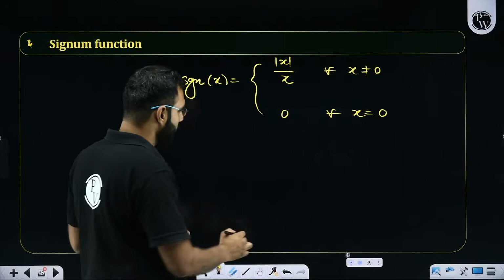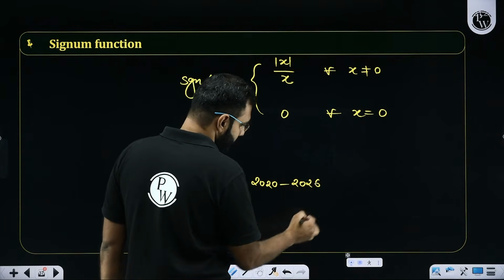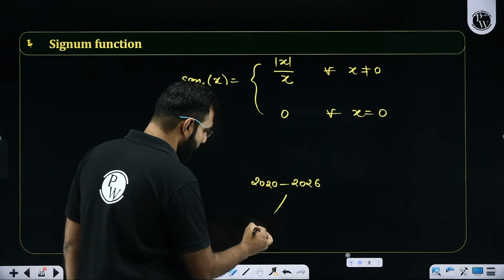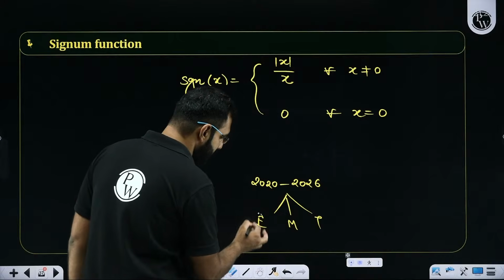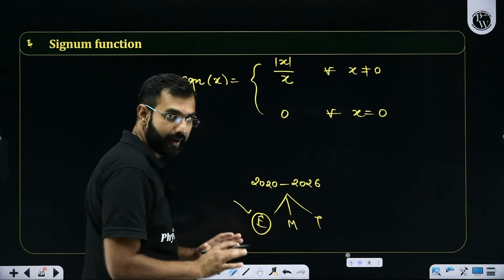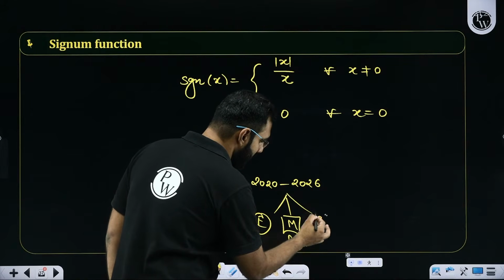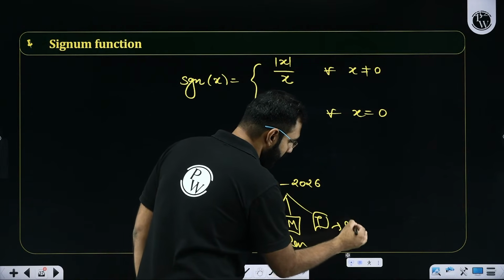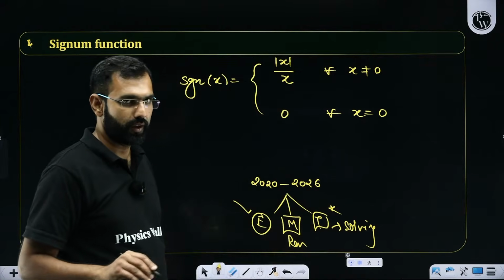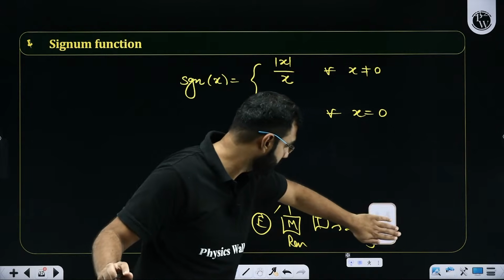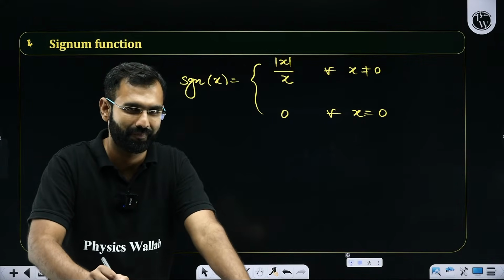when you are doing PYQs for JEE, let's say you are solving mains PYQs from 2020 to 2026. And not only are you doing PYQs, you are classifying them as easy, moderate, and tough. Easy ones, let's say you're able to do, you don't look at them again. But moderate ones, you're revising again. And tough ones, you're solving again in future. You're keeping them reserved for your revision. Then of course, you hold a good chance. If you're sincerely doing all the PYQs from 2020 to 2026, trust me.